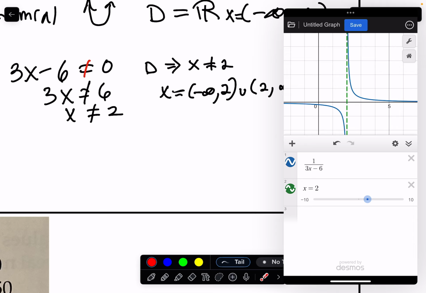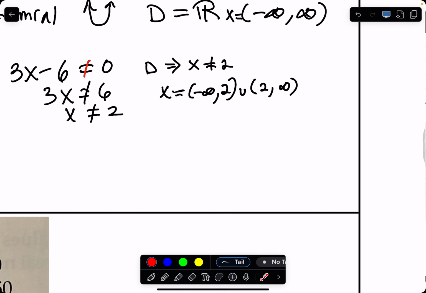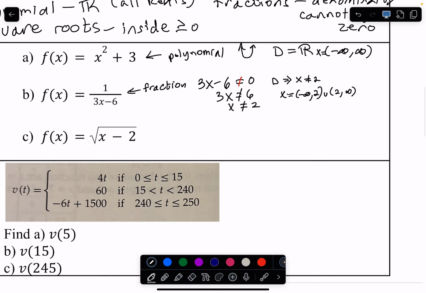Okay? So the graph and the algebra should always go together, or one of the two is wrong. Okay? So check your work on Desmos. It's not a bad idea to get used to that. And then our last one here